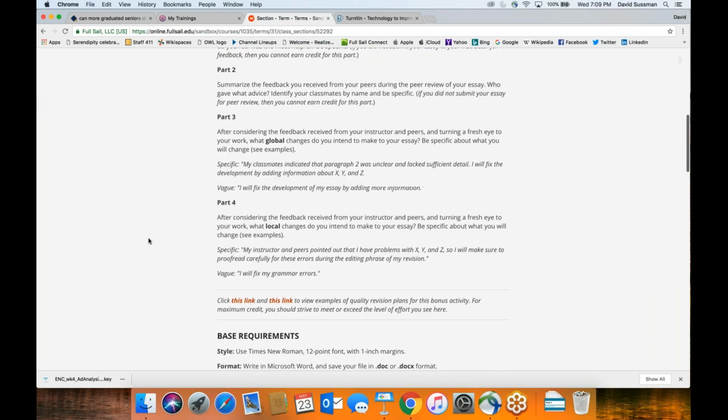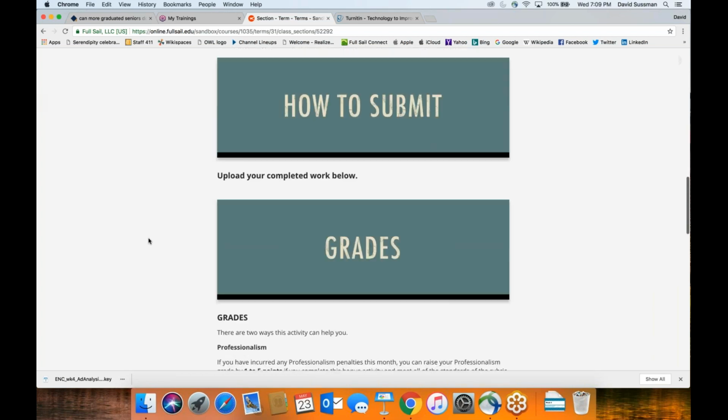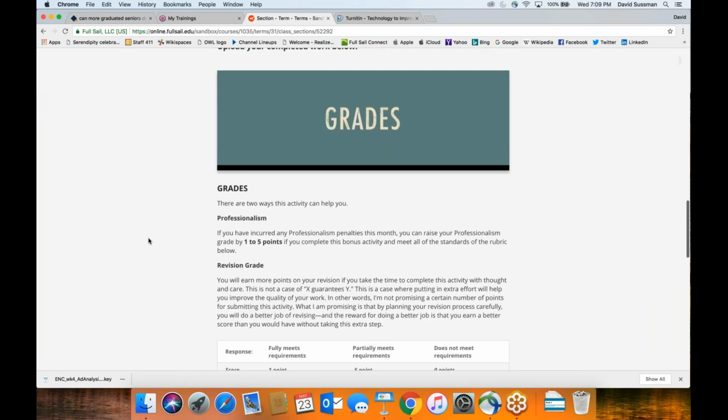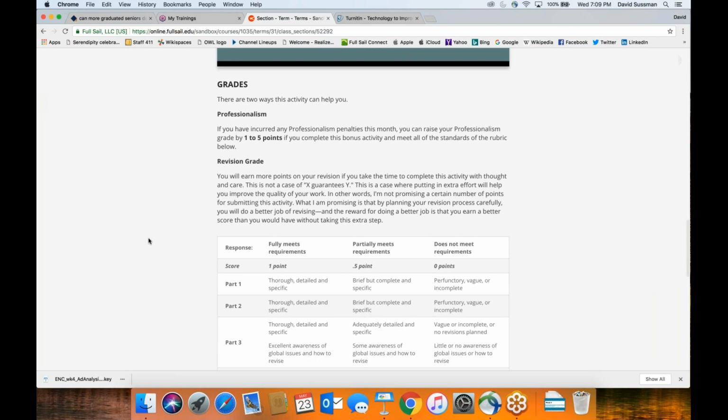But yeah, you have this activity here. Okay, the bonus revision. You can read through the instructions on your own as usual, and that'll be true for all of the activities. Of course, I'm not going to read the instructions out loud, but you can see that there is this optional little bonus thing here when people ask, is there anything I can do for extra credit? Well, not really, but you do get a little bit of boost if you decide to do this